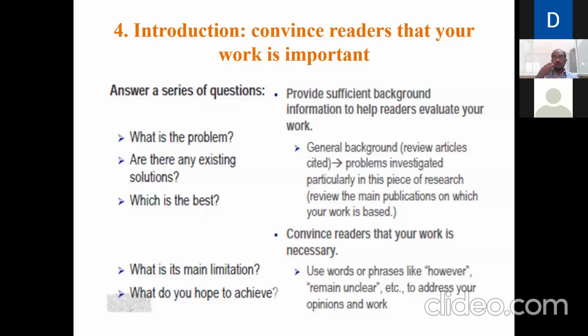Then, after concluding the limitations through the literature survey, you have to take one or two limitations for your problem, and you have to say that this is the problem I have taken from the literature survey, and I am going to solve this problem by this method. So this is the end of the introduction. This should be the last four lines of your introduction, right? In this way, if you write your introduction, it will be very convincing to the readers, right?